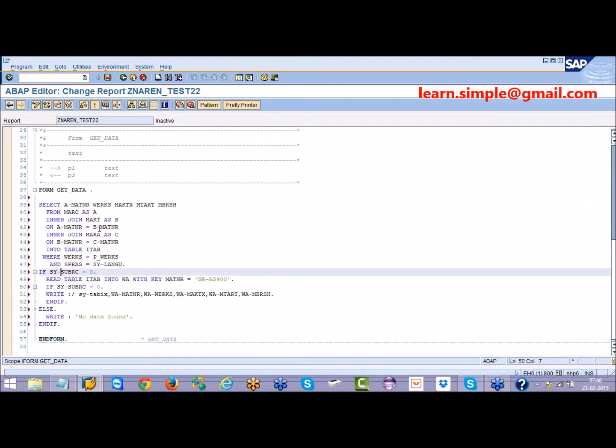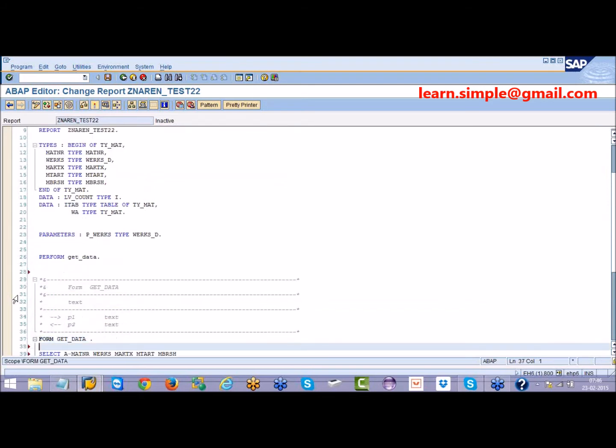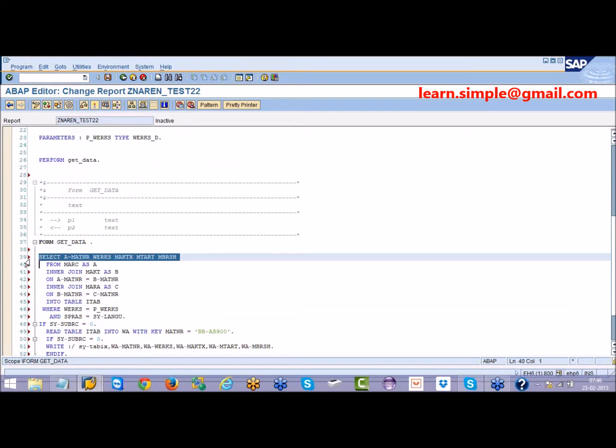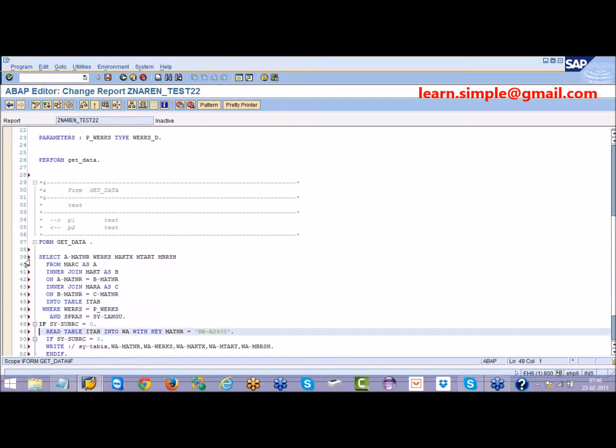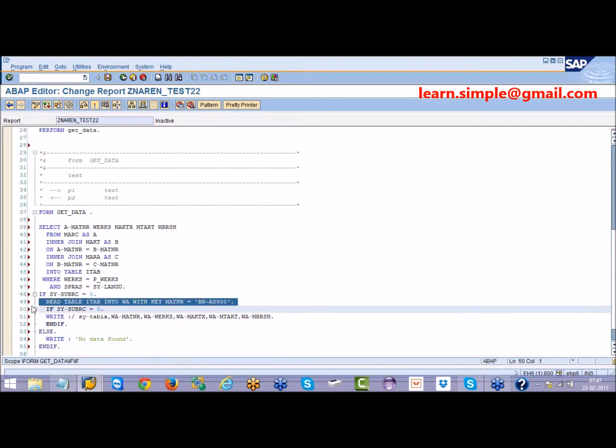Okay, so like this. Now what happened? The cursor comes here. It looks for perform get data. When it sees the perform get data, the program sets, okay, for perform get data, there will be somewhere form get data where it is. So it searches here, it goes inside, then it executes the code. If size of is 0, then your read statement will be executed, and your write statement will be executed and so on. So let us see in debugging how this goes.